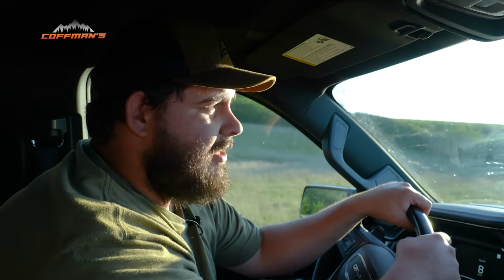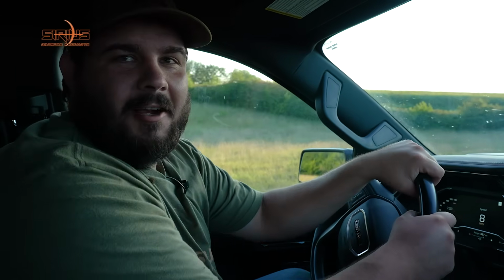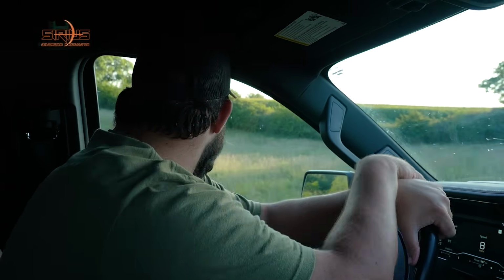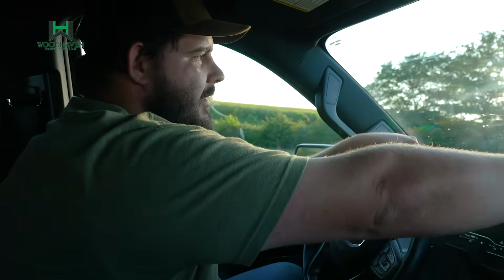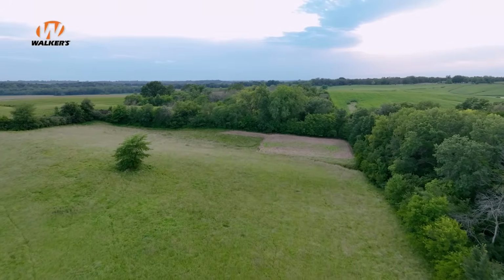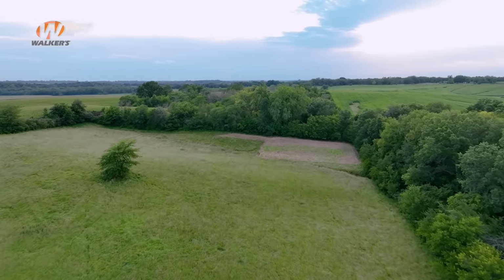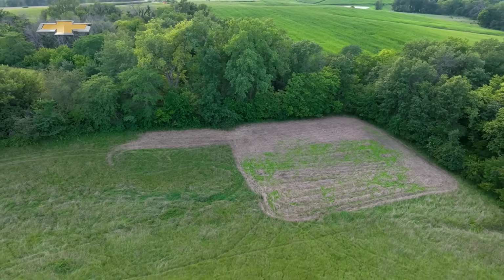We could get over to the Sherman Farm today yet. So we are at the Sherman Farm. We actually did decide to come in here and kind of blazed a little trail to get my truck back here. And we're gonna go check the inside corner plot that I'm calling it. And we're gonna be checking plots, fertilizing plots, and putting out some new cameras. So when I talked about earlier in the episode, talking about camera locations, this is where the majority of that